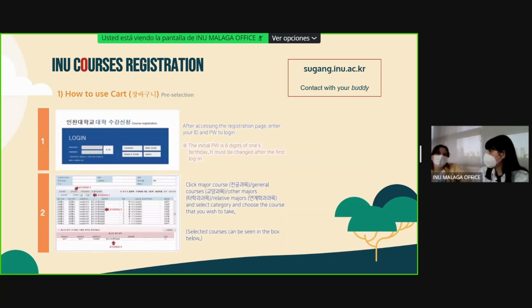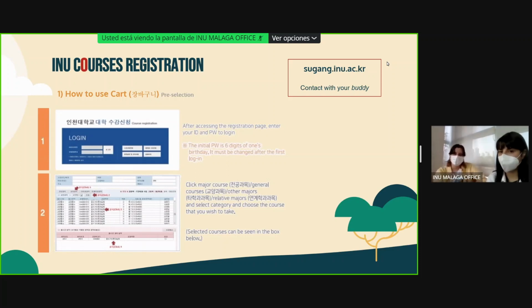Course registration, maybe Mary can explain a little bit more, since I am not an international student. Mainly, just go to this website, sugang.inu.ac.kr. You log in with your student ID and your password, and first you have to do the pre-selection, and then a few days later you confirm that those are the courses you're taking.